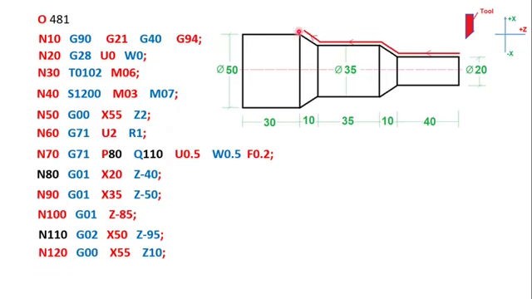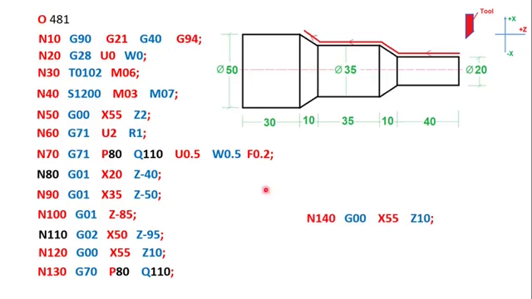Then as usual, I have reached here, so I will move the tool slightly up, that is X55, and move to Z10. So the tool will come and rest here. Then after this I have to do the finishing operation. So G70, P80 and Q110. Again this 80 and 110 refer to this block. So I am defining whatever profile I have to follow, and the allowance given as 0.5 and 0.5 is automatically taken into consideration. Fine. So G70 is the finishing operation, and G71 is the rough turning operation.